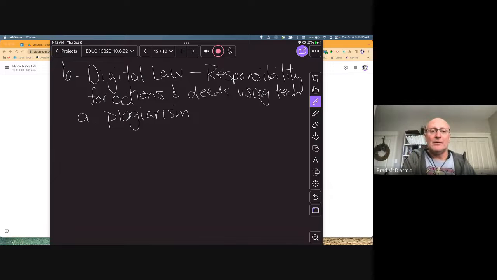We also know about copyright, right? We see this lots when we talk about online music and online movies and things like that. Somebody has spent a lot of money to create that book or that video or whatever it is, and it's copyrighted, and that image or picture, we need to be mindful of that.